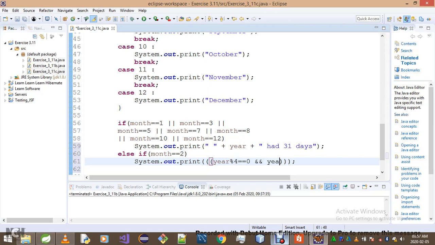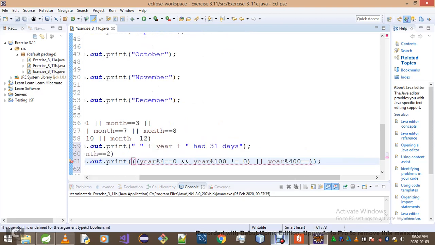And year mod 100, is that not equal to 0? We check that first. Or this is the condition we check. Or year mod 400, is that equal to 0? If this holds, we're basically asking ourselves this. If this holds, then we'll simply have